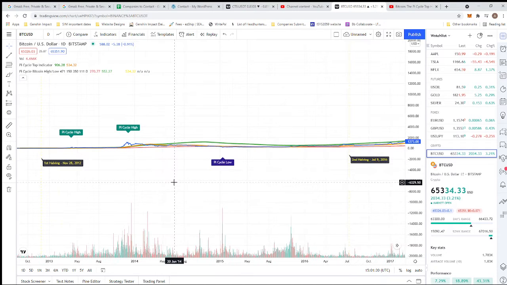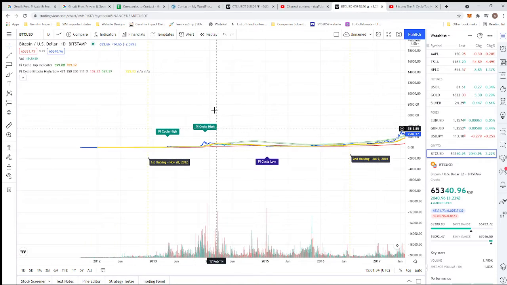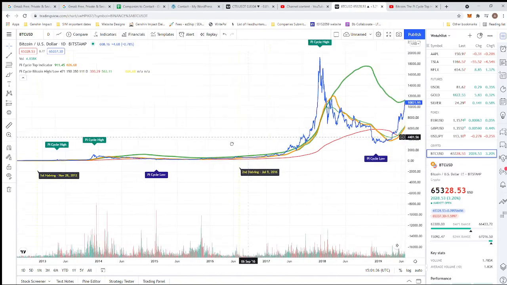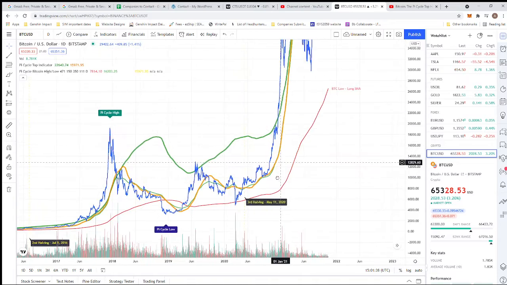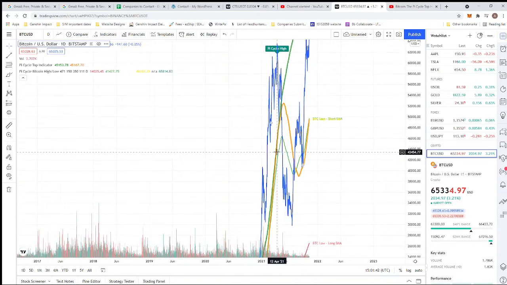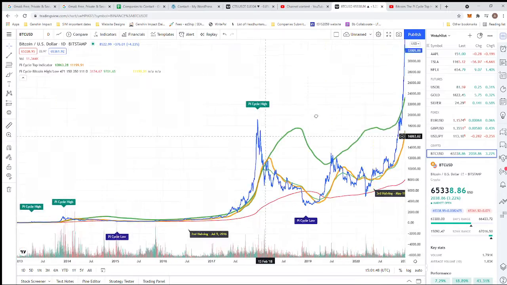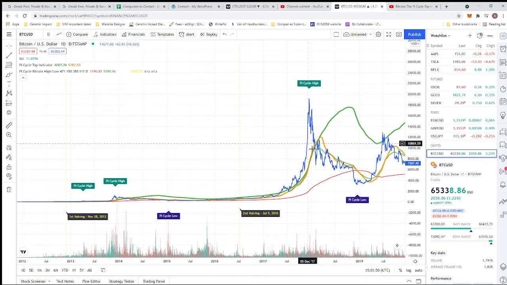Hi, today we'll be looking at the pi cycle top of Bitcoin. So the pi cycle is basically an indicator that so far has managed to predict the Bitcoin local top back in May. So if we look at this, this is the entire Bitcoin life cycle. Okay. So the pi cycle top,